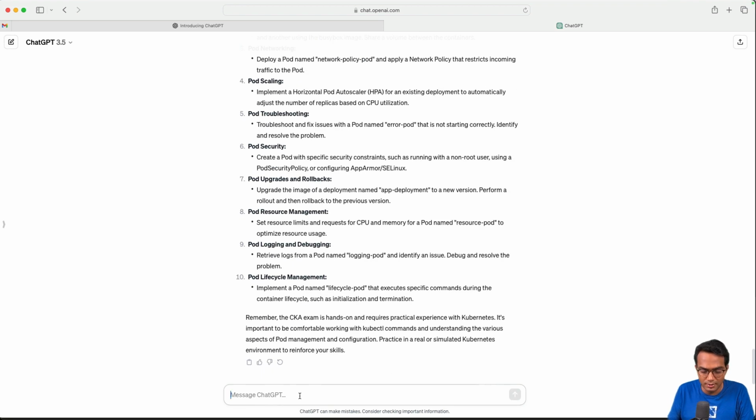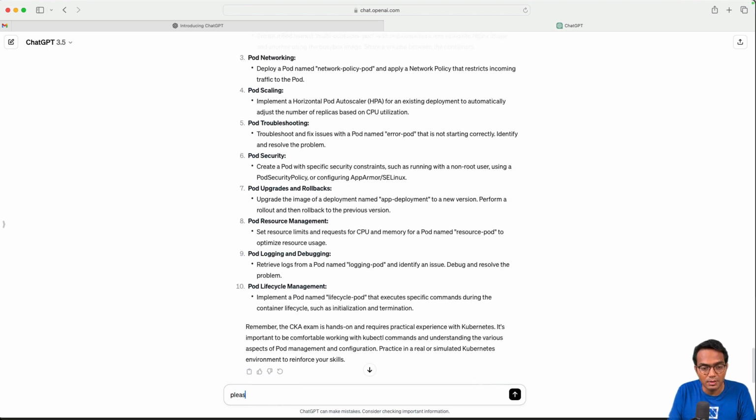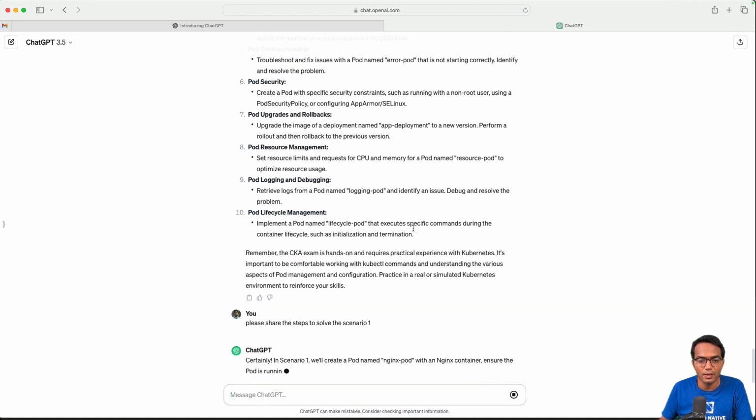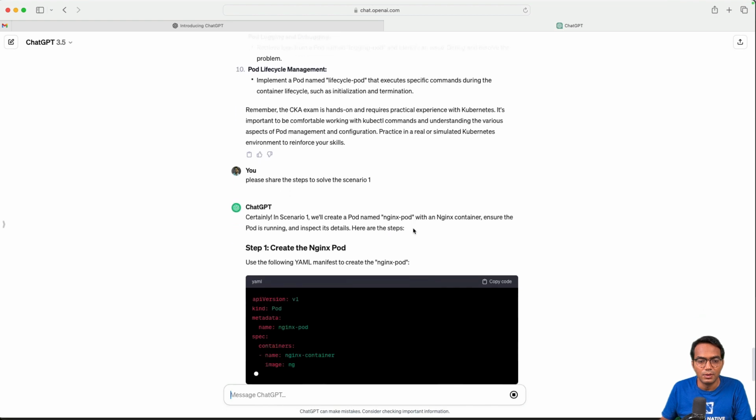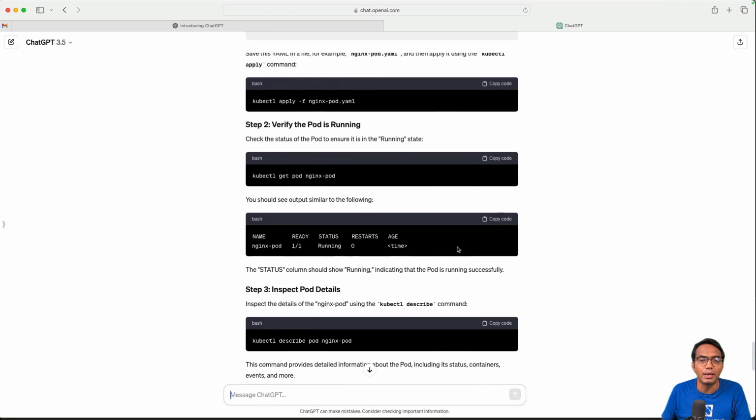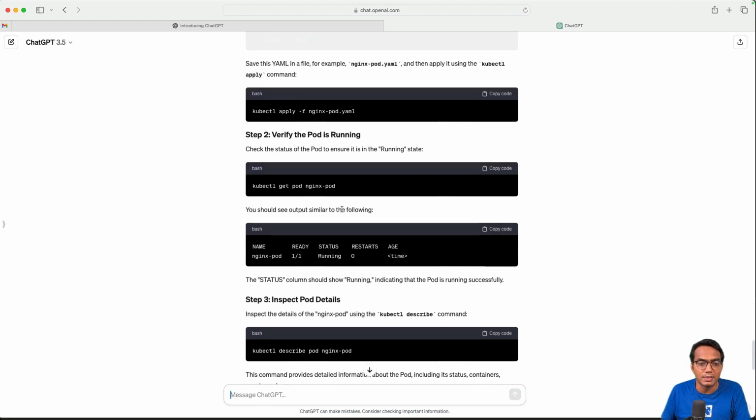So let me say, please share the steps to solve the scenario 1. So let's see. So it is now giving us a YAML file. Then it is telling us how we can apply the YAML file, how we can check the output, how we